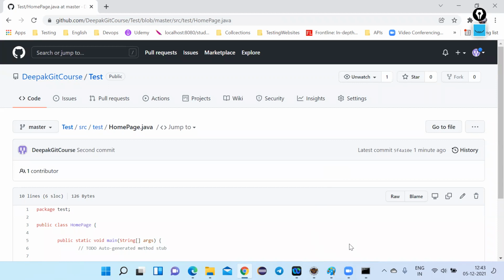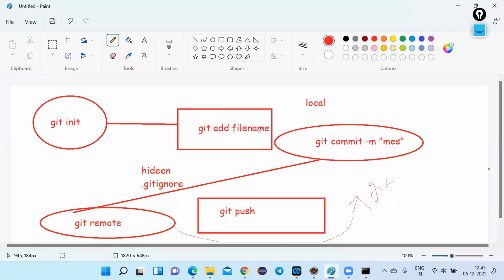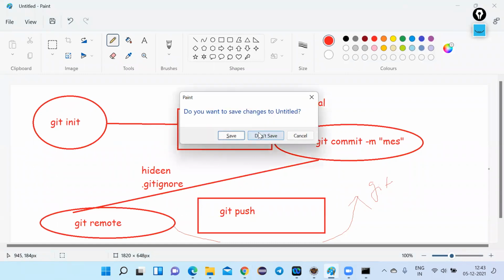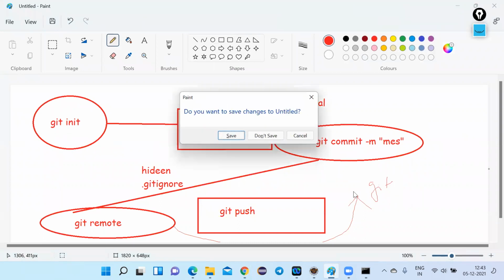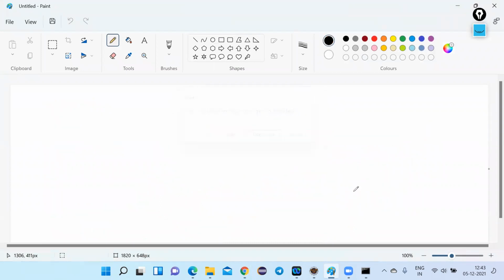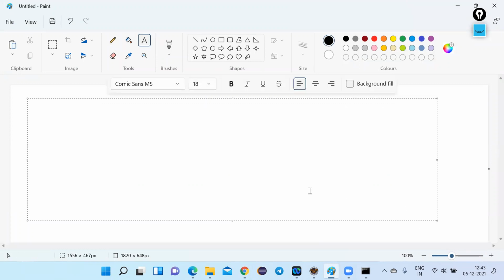So coming to the tracked and modified, I think you are clear with the terminology. What is this tracked file, what is this untracked file? So let me give you an idea again. Let's say initially the file would be in different status. Initially the file would be an untracked file.